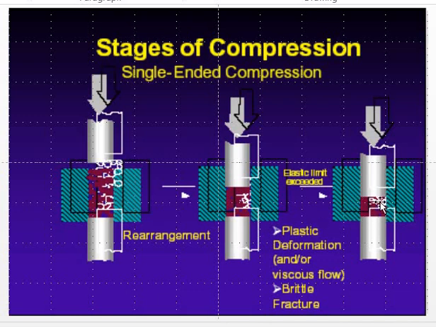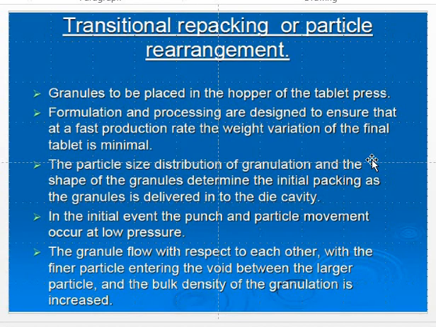In the next stage, your upper punch will go back to its upper position, and your lower punch will try to eject the tablet, or remove that tablet from the die cavity at the upper stage. Here the lower punch removes the tablet, so it is called the ejection stage. These are the main stages involved in compression.